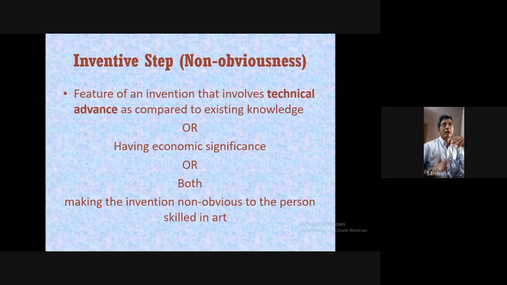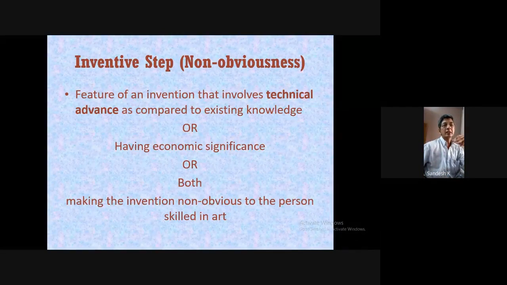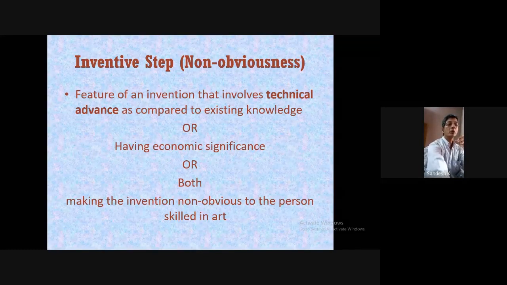If I'm from a life science or a chemical background, I cannot say what is new in software today. So it does not make any sense. Similarly, it's vice versa again. So it is an inventive step or non-obviousness which anyone can claim. Okay, this is what I have done, and this is my non-obvious step or inventive step. If such a step is there, then you can go ahead for a patent. This is one of the important criteria a patent examiner will look at. That is an inventive step.